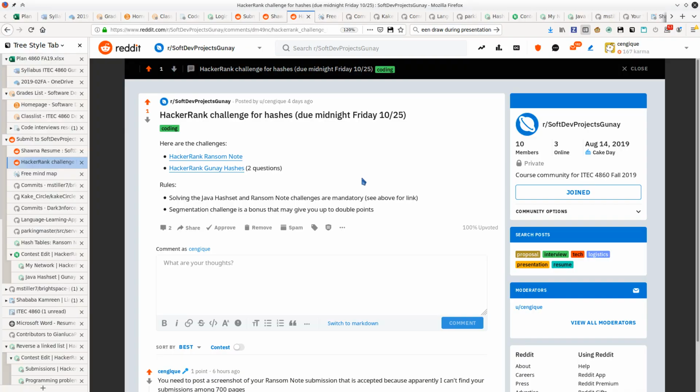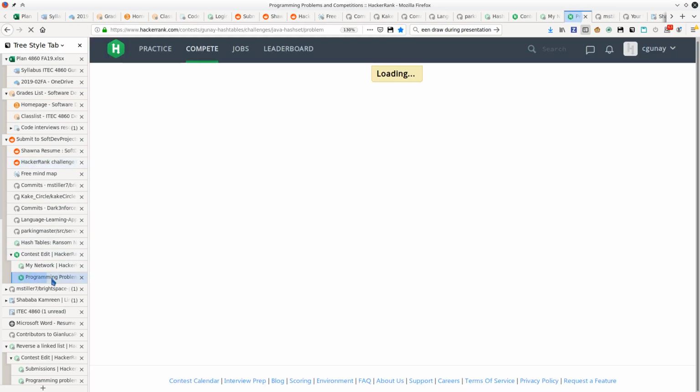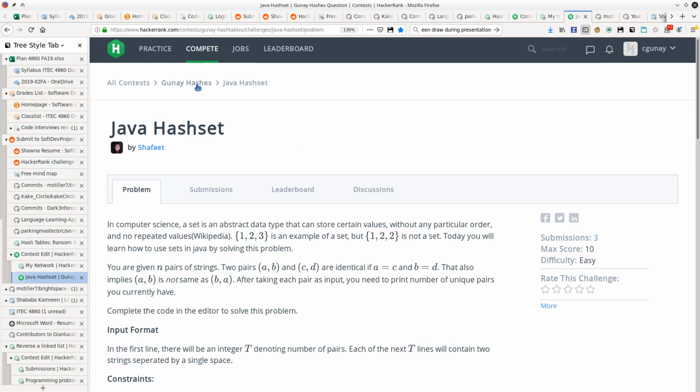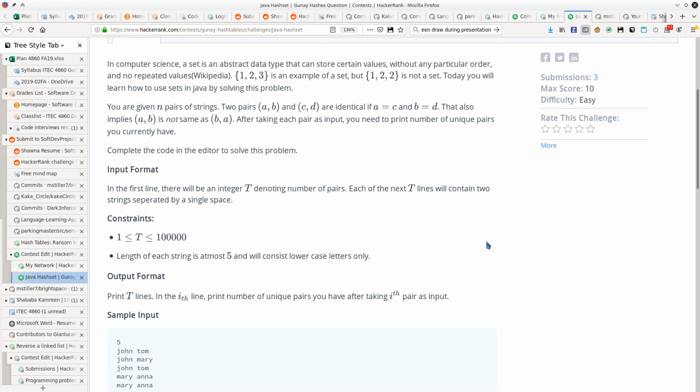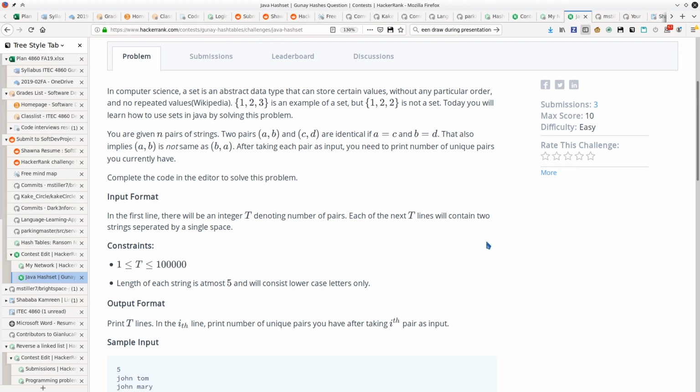Okay, let's start with the challenge. If you click on the challenge, it's going to look something like this. So there are two questions, and this is a mandatory question I wanted you to do. Let's click on that one. The question's about hashes. We mentioned this earlier, and several of you already knew about this. Farzan always talks about using the hash set, and it also comes up as an interview question, so there was a request to do this. So I did it, but very few of you submitted, so I'm not sure what's happening.